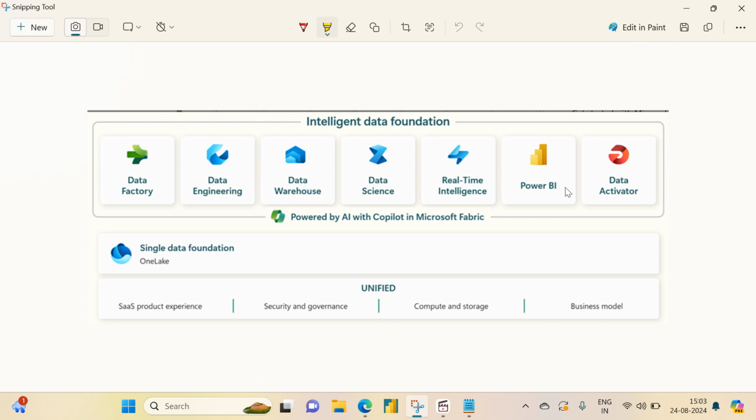Anything and everything that you need for your work related to data is going to be in one single workspace. You can manage this workspace like you manage your Gmail account, and you can provide access to your team members and they can start working. So this is how Fabric has been imagined. And now